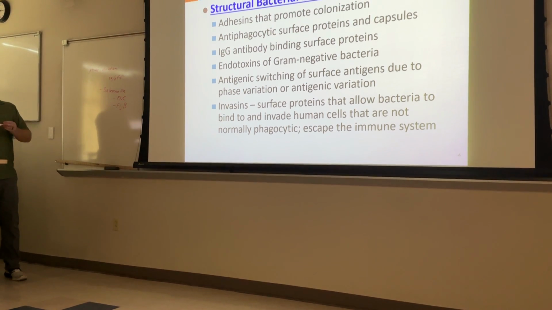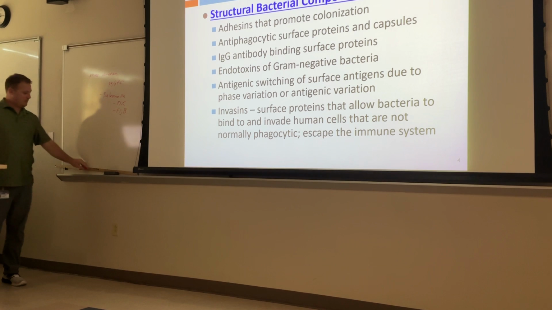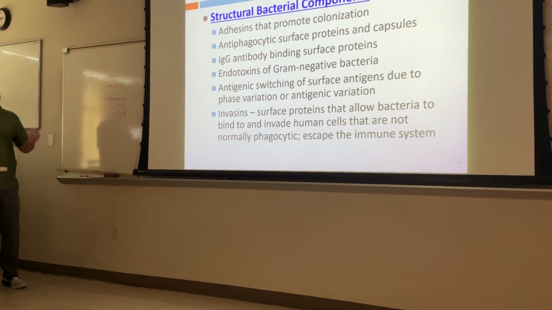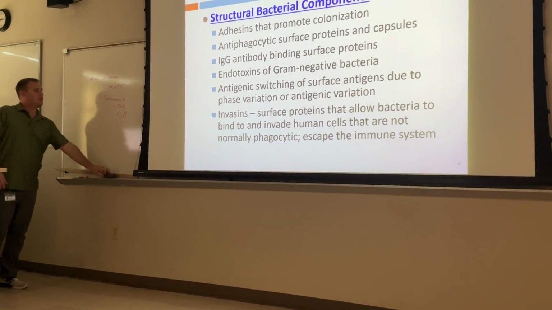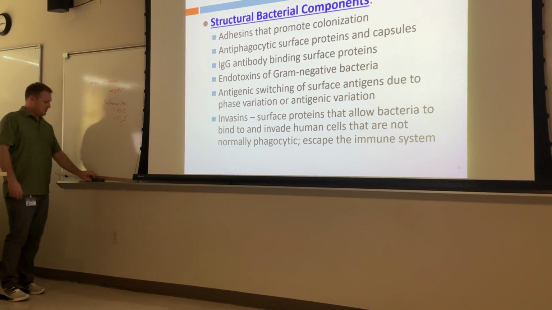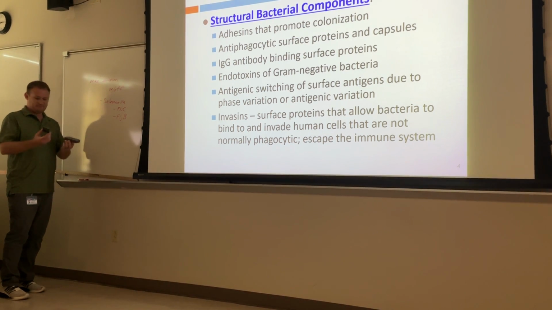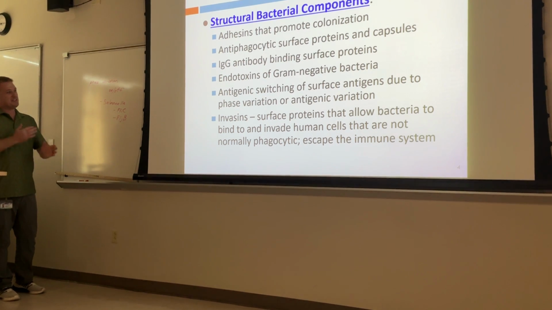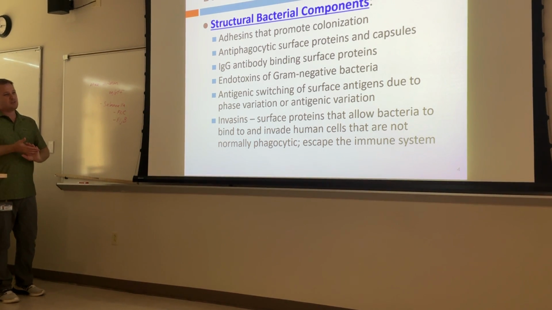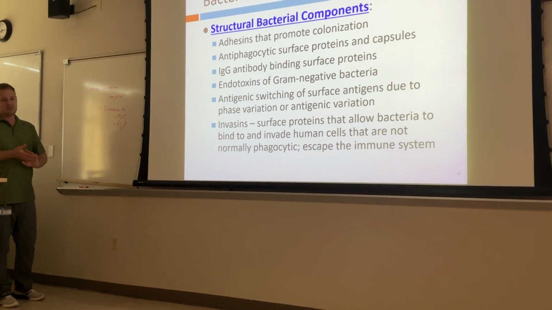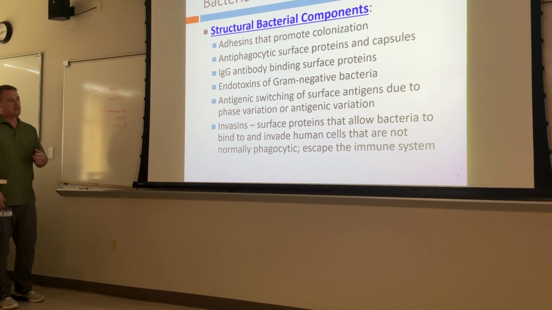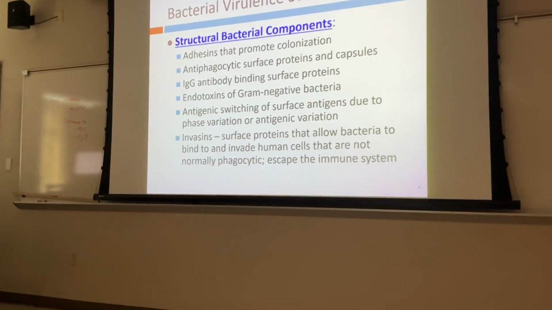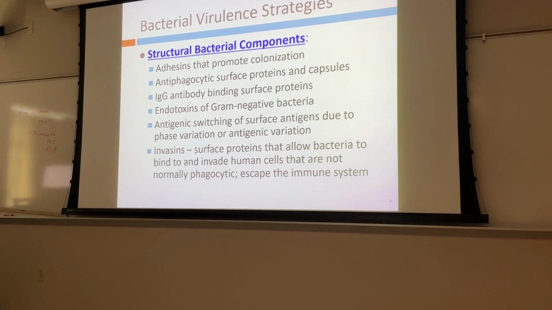Antigenic variation, there are a lot more examples of that. Antigenic variation is where it's going to change the relative ratio of the different kinds of, say, proteins it makes on its surface. One example of that is Neisseria meningitidis, which can cause meningitis, and Neisseria gonorrhoeae, which causes gonorrhea. And what it can do is change the relative expression of, usually, pili on its surface. So it can make a few different kinds of